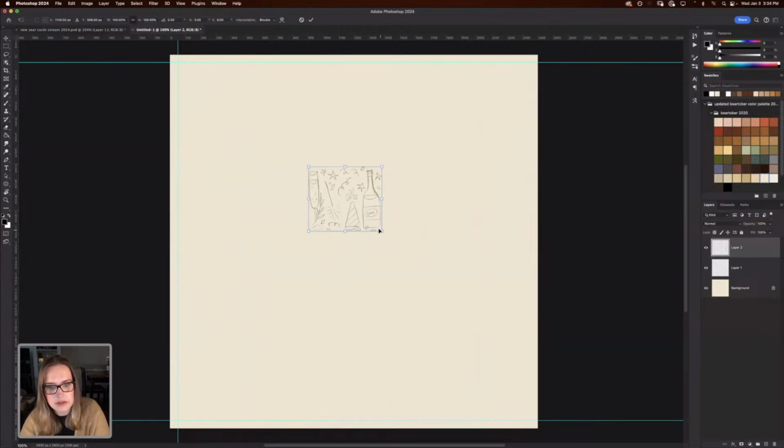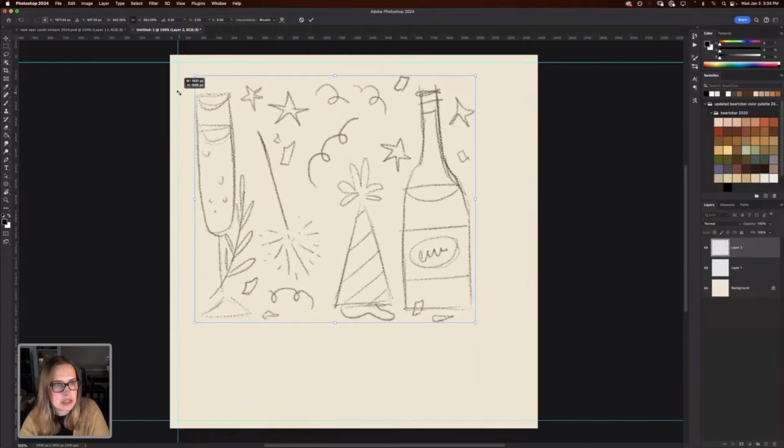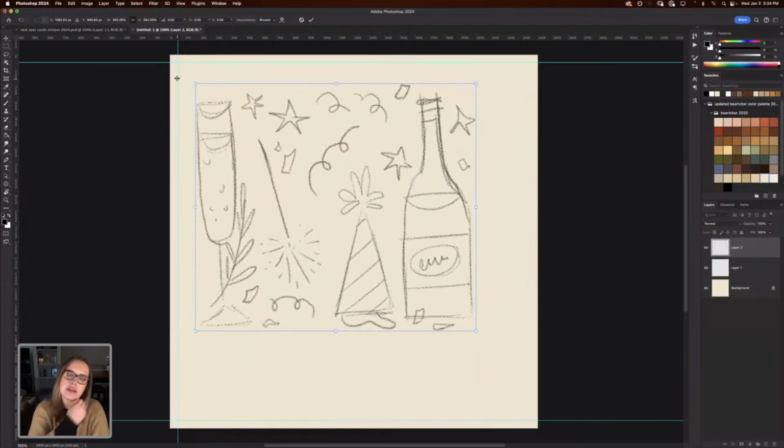Okay, I am going to go ahead and bring this up, minding our bleed. You think about the bleed as just where you want the edge of your document to be. You don't really want anything important to be past the bleed, because the purpose of the bleed is to make sure that it doesn't get cut off by the printer if you're getting these cards printed by